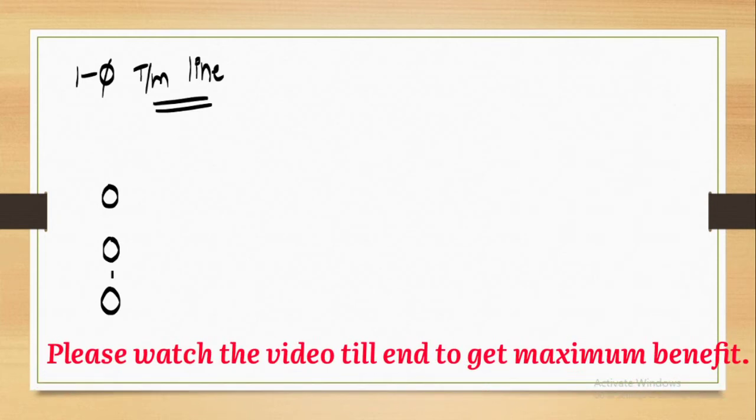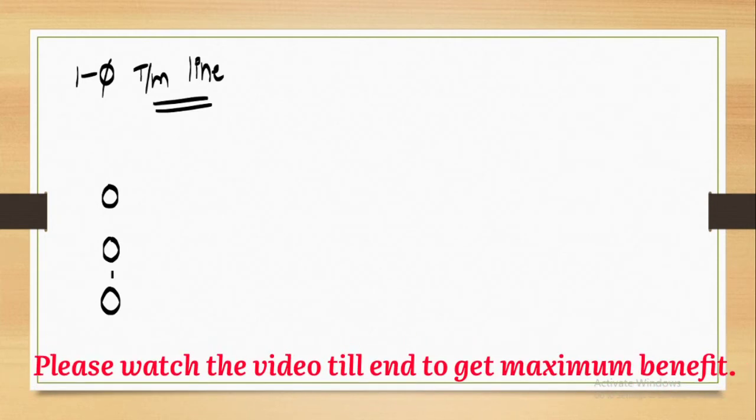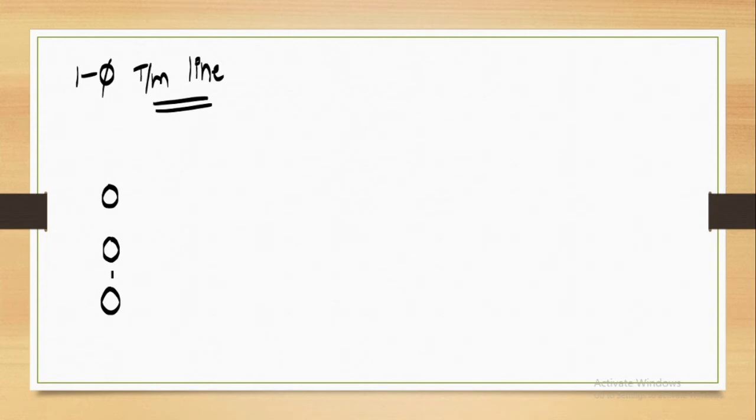So this is the question of the problem. You have a single phase transmission line consisting of 3 conductors of 2.5 mm radii in the GO conductor. So these are the 3 conductors of 2.5 mm radii. So the radius for each and every conductor here is 2.5 mm. Now in the return conductor you have 2 conductors. In the forward path you have 3 conductors, in the return path you have 2 conductors.